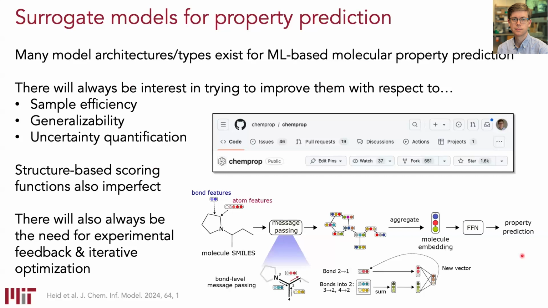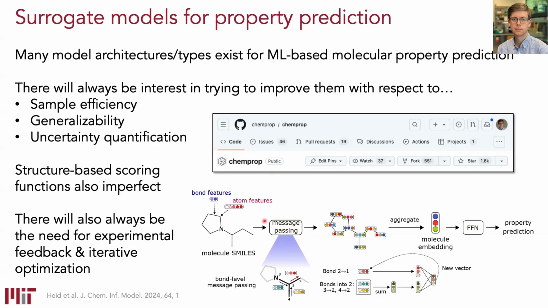And so out of MIT, we developed, in collaboration with many others, this toolkit called ChemProp. So it's just continuing the development of graph neural networks. It's a particularly, I think, convenient off-the-shelf solution with a good set of hyperparameters to go through this message passing operation that is emblematic of graph neural networks. And it's just a convenient way to say, I've got a data set of chemical structures and properties, and I would like to learn that relationship.